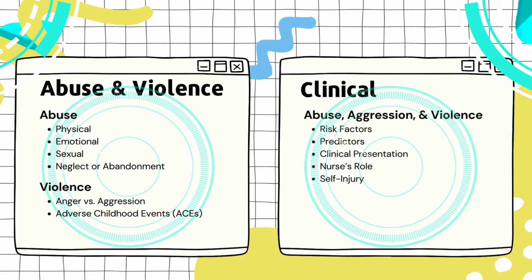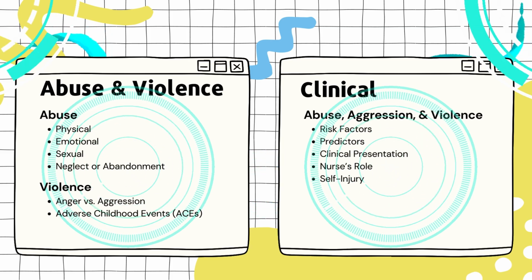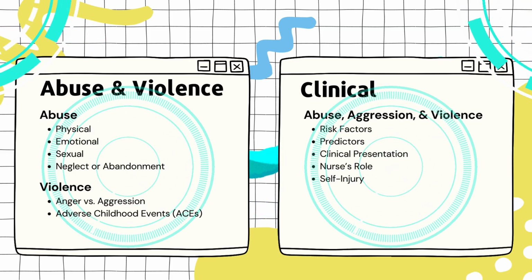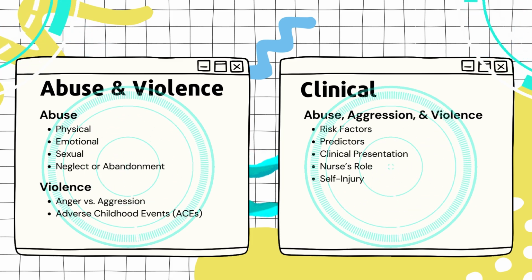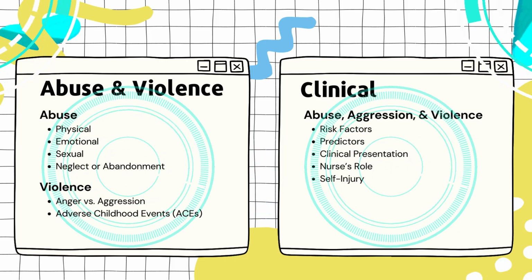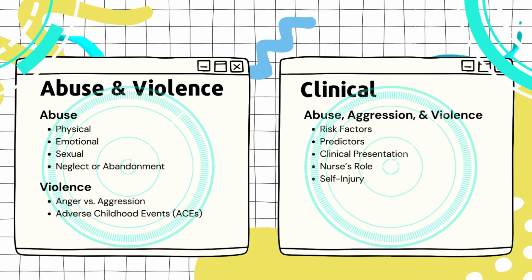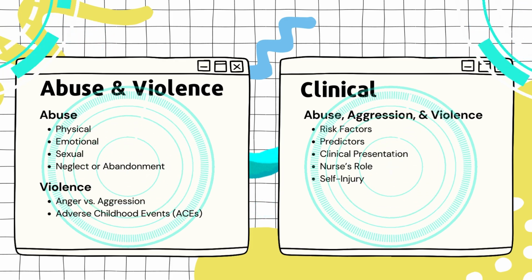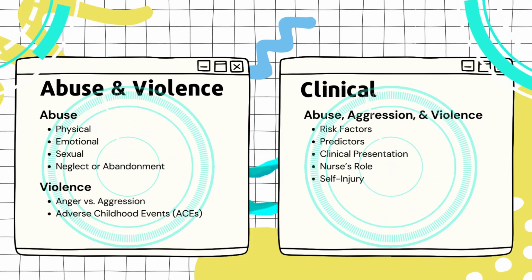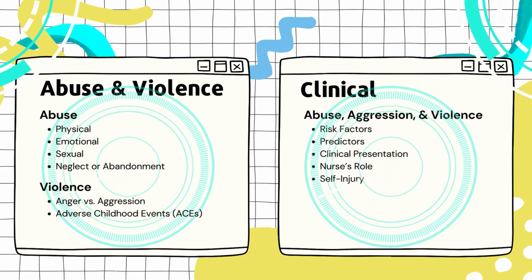I know you guys have read the text and done the ATI modules, so I'm just going to hit on a couple of aspects of the abuse and the clinical manifestations and all of that here. It's important that you understand the difference between aggression and anger, because actions intended to harm others are aggression. They can be physical, psychological, or both. Everybody can experience anger, but aggression is the deliberate attempt to harm or destroy and is referred to as hostile aggression. Anger is an intense emotion, but it's not aggression.